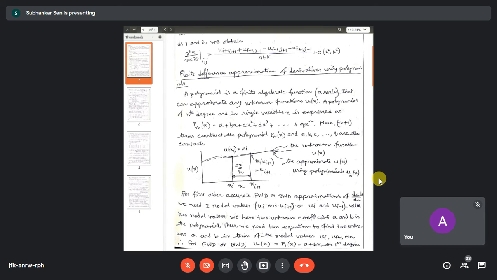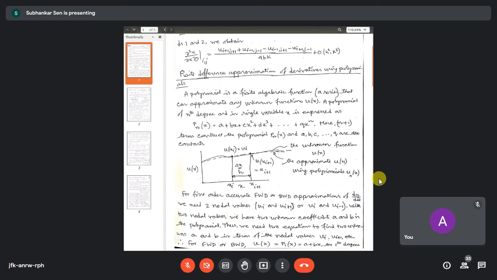So when you have some arbitrary kind of requirement, it is better to use the method of polynomials. If you want second order accuracy, maybe forward difference, maybe backward difference of this derivative, then you can use the method of polynomials, or you can even use the Taylor series, but with some tricks. Then you can get a third order accurate du dx formula. So whatever be the order of accuracy of any derivative, you can find it by using the method of polynomials.